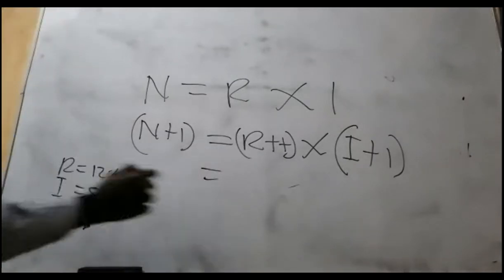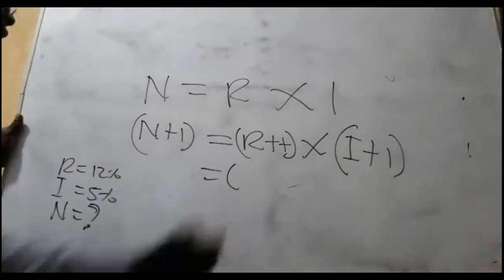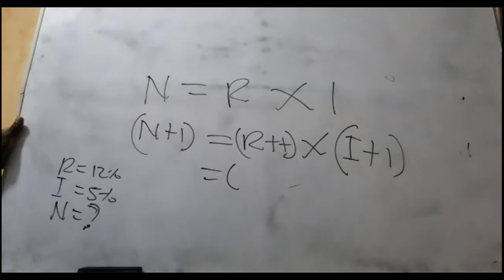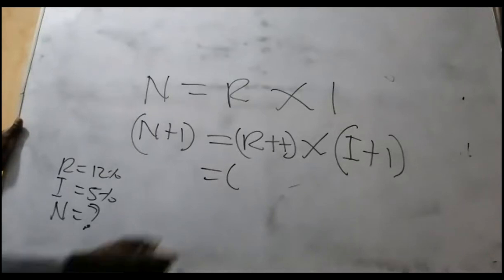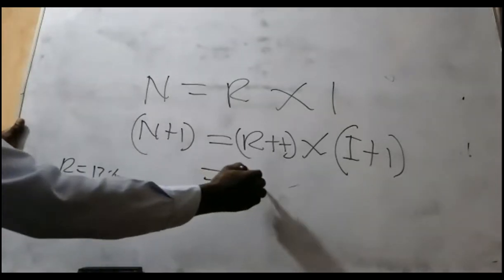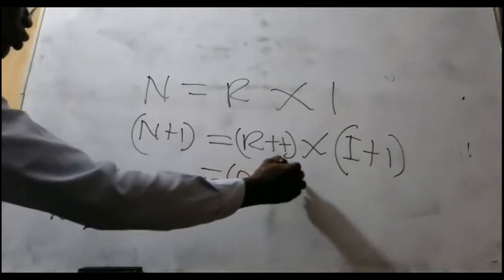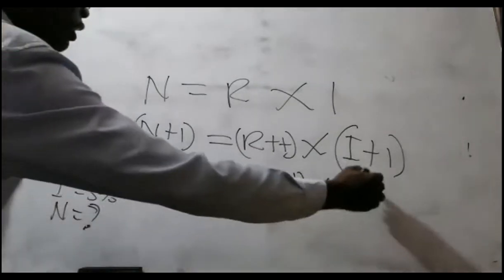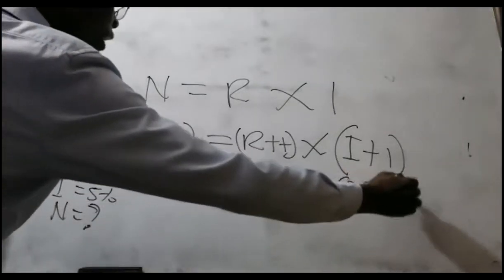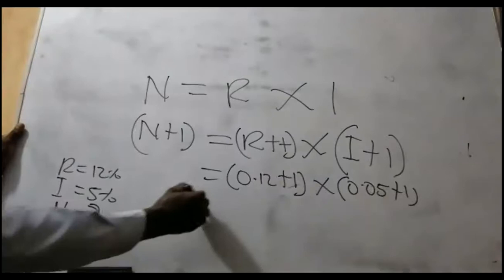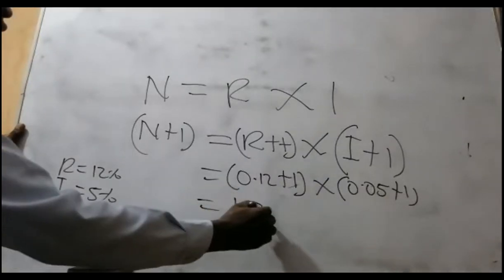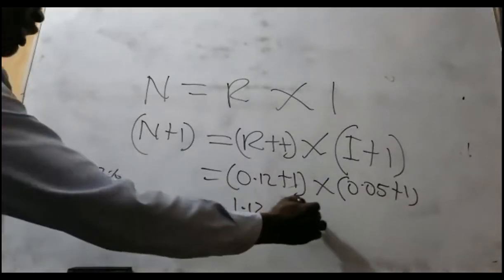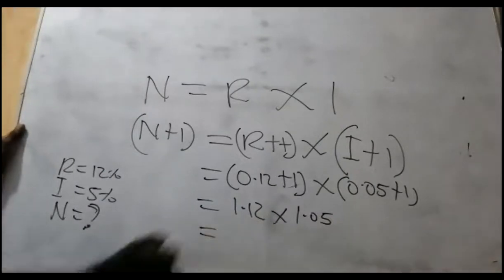The real rate is 12. So to be bracket here, that is 0.12 plus 1 times what? Inflation of 5%, 0.05 plus 1. So therefore, it's equal to 1.12 times what? 1.05. So the answer will be,